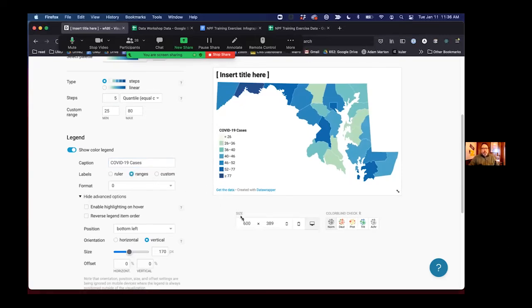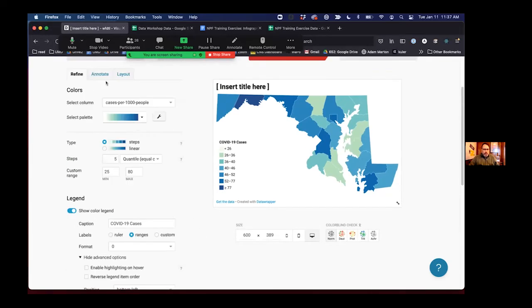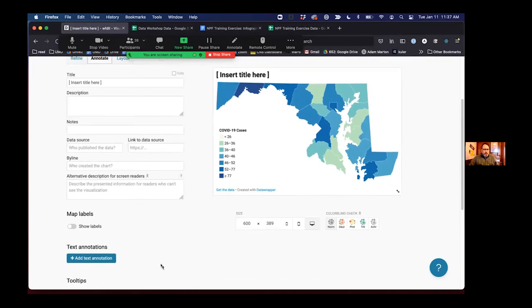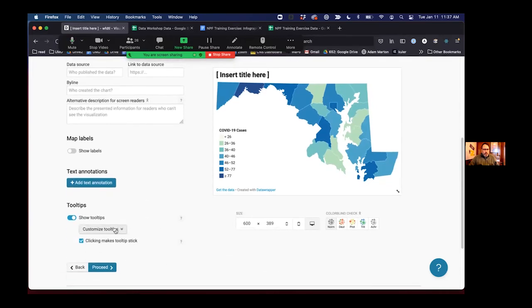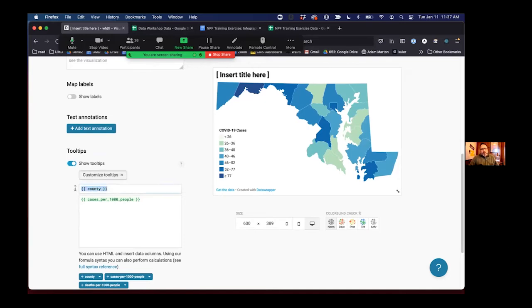Okay, so now we've got our legend where we want it to be, and when we hover over, we can see it's not quite perfect, right? It's giving us the county name, and it's giving us some number that we don't totally know what it is. So we can get that in shape by customizing our tooltips a little bit. I think we do that over in annotate. So we can customize our tooltips. You can see what this is doing is pulling in columns from our data. This is showing the county, and here it's showing the cases per 1,000 people,